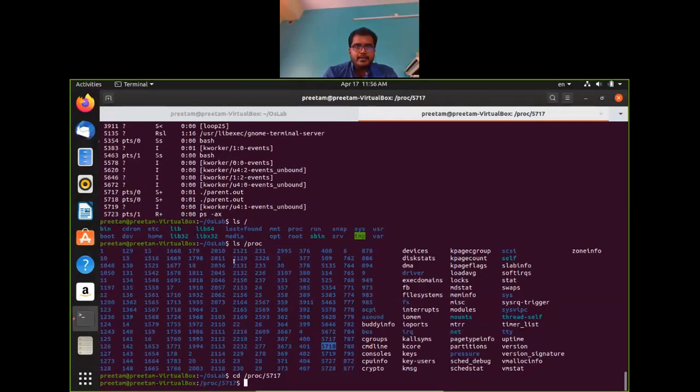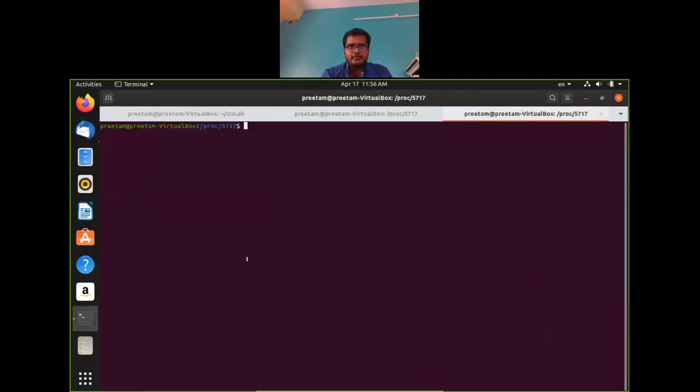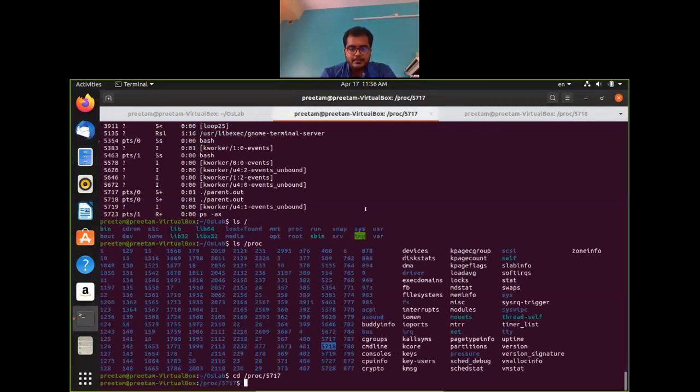And now in the terminal we will create another tab to get into the folder 5718, so that we can check some values side by side. So we will do cd /proc/5718, okay. So here I am now in 5718, and here I am now in process 5717, right? So let us clear it first.